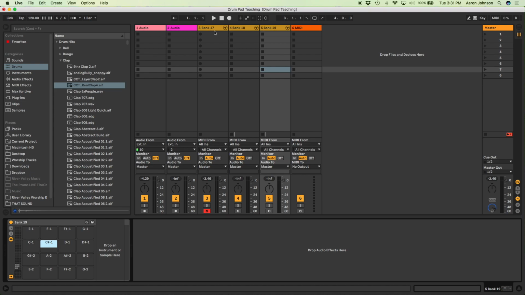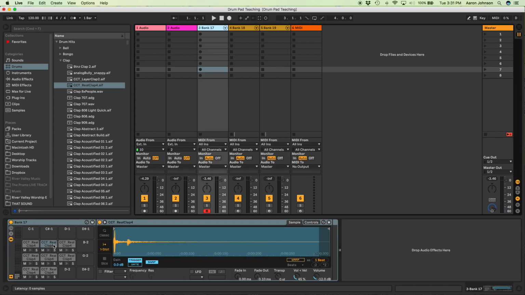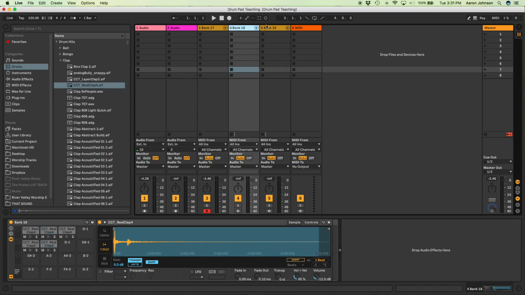I have 3 banks up here, bank 17, bank 18, bank 19. They all have placeholder samples in there. Now what I do, let me go back to bank 17. I just mute these because these are just placeholders. I don't actually want those samples to be played. But what I'm going to do now is I'm just going to verify that these are receiving the right messages